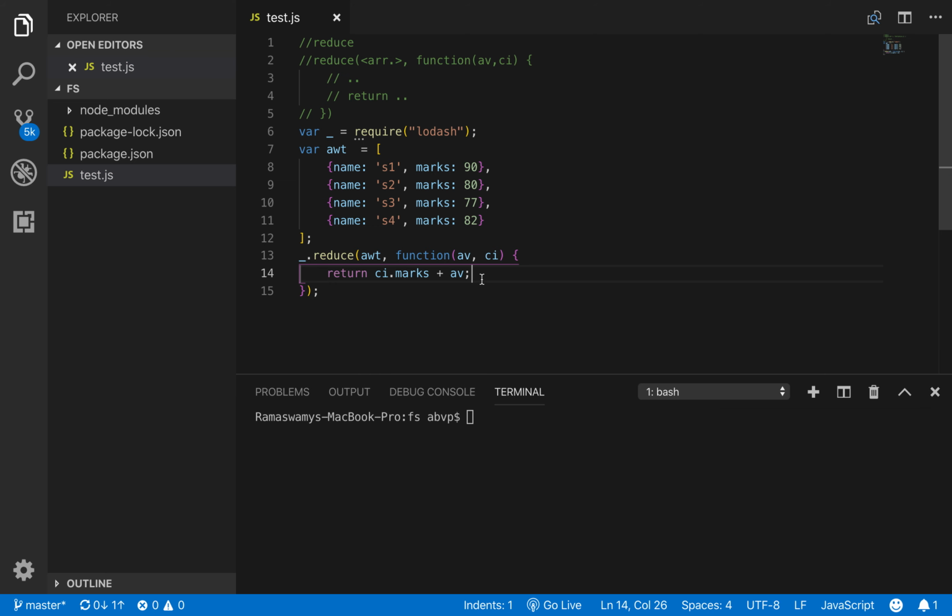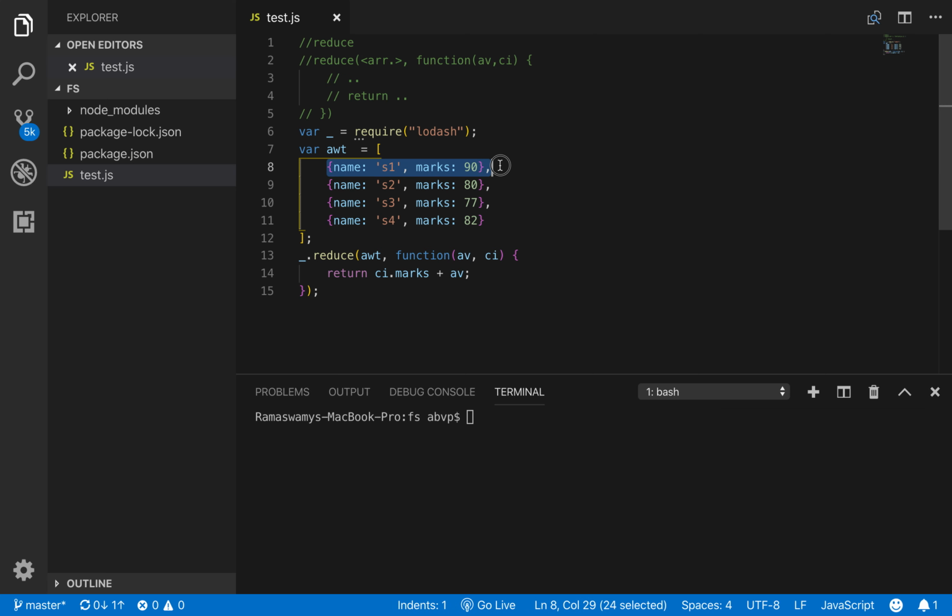Now this accumulated value, by default, if we do not give any specific value as the third parameter, is the value of the first element in the array, and all our elements or items in the array are objects. So this doesn't make sense, in the sense that ci.marks is an integer and AV is an object.